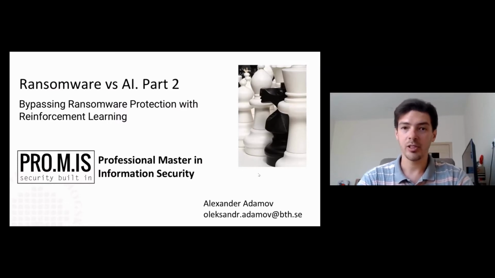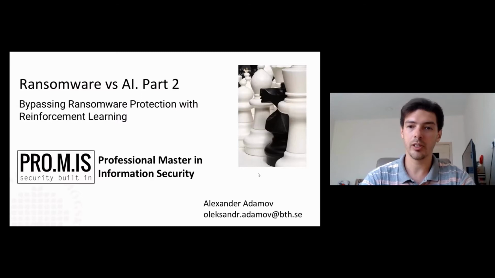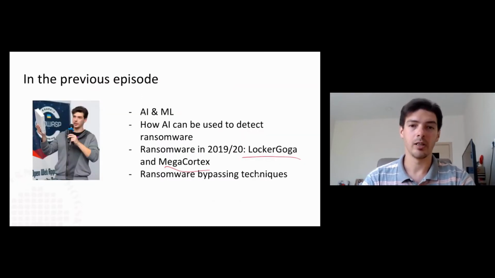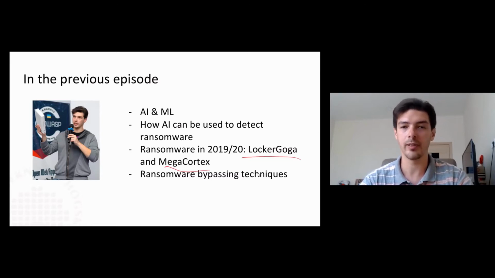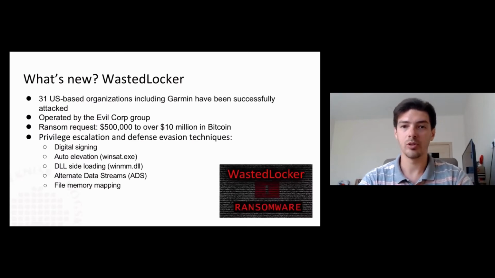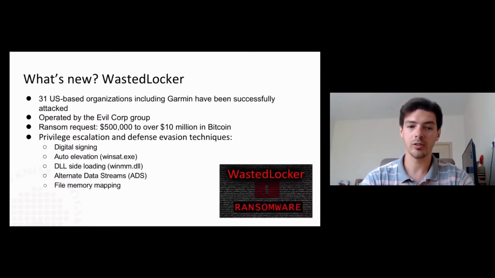In the previous episode, we talked about AI and ML capabilities to detect ransomware attack. We got familiar with Locker, Goga, and Mega Cortex ransomware attacks. Those were targeted attacks, pretty much sophisticated, and we also discussed how these attacks leveraged ransomware bypassing techniques. And today I am going to give you a small update. So what happened since the last